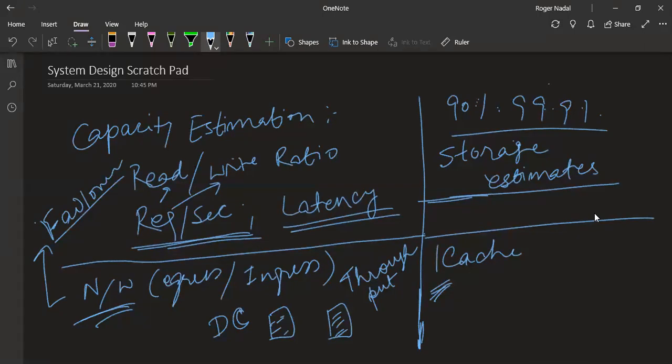Let's talk about cache a little bit. Like, what will you estimate in cache? How much you will keep in cache, or how would you determine what to keep, and then we can move to the next thing. So, sure. Caching, yeah, please go ahead.